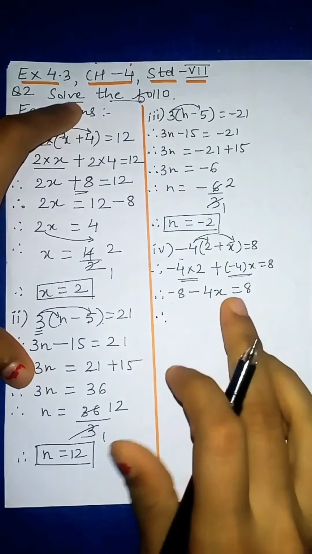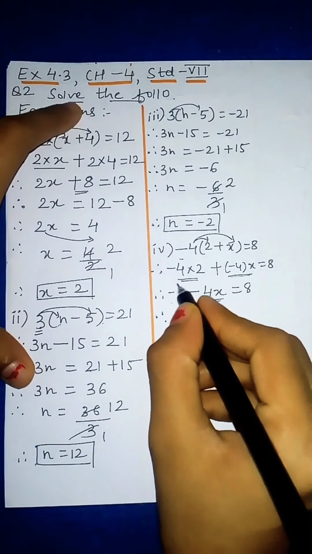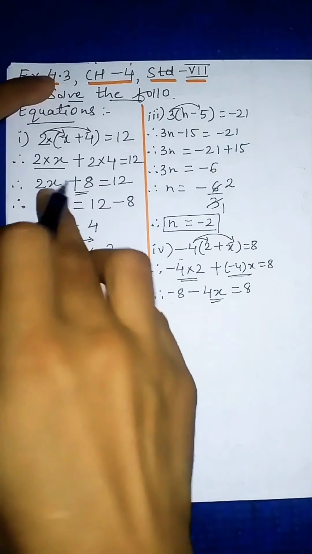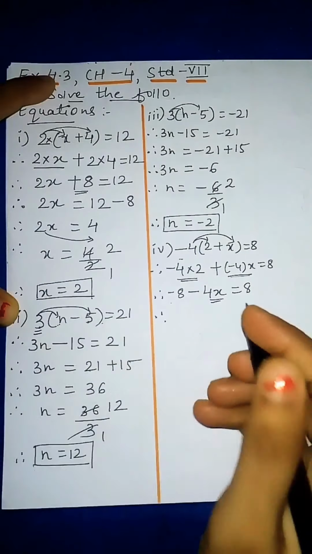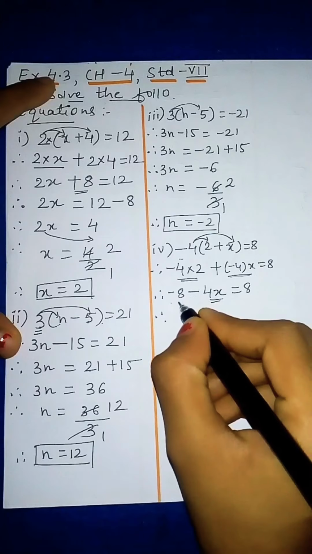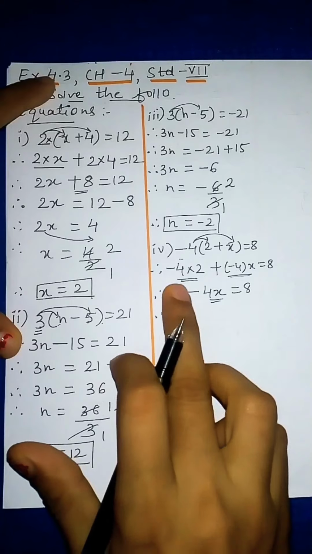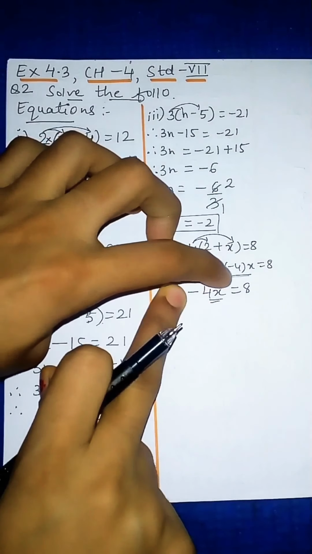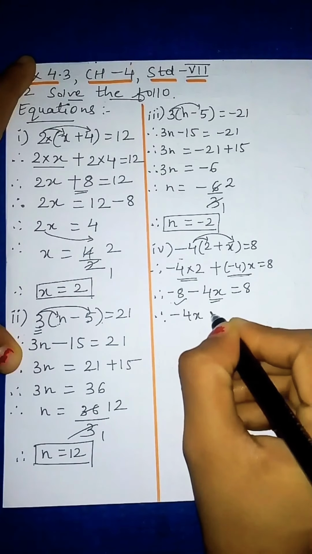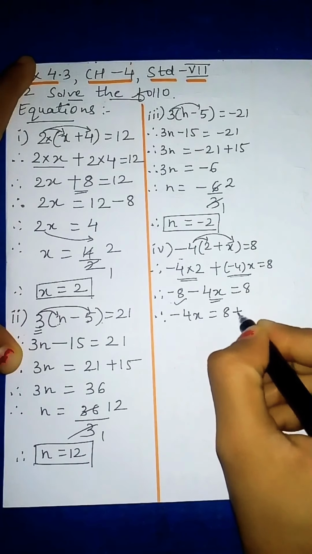Now we have to find this 4x. Variable is given this side now. So what we will do, this minus 8 we have to take that side. Always in other sums we have seen that the variable was given in the first term, but here the variable is given in the second term. But no need to get confused. Now this time this number part, that is minus 8, we will shift that side. So minus 8 we are removing. So what is left? Minus 4x. So don't write 4x, minus 4x is left. So minus 4x equal to 8 and this minus 8 I am bringing this side. So it will be plus 8.